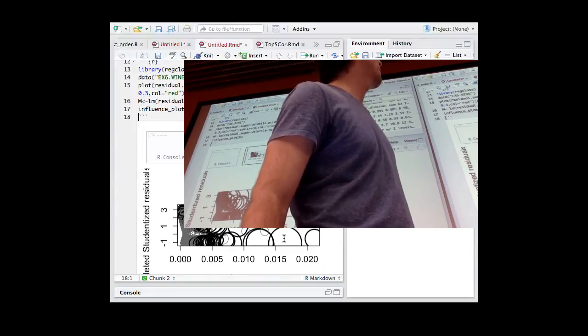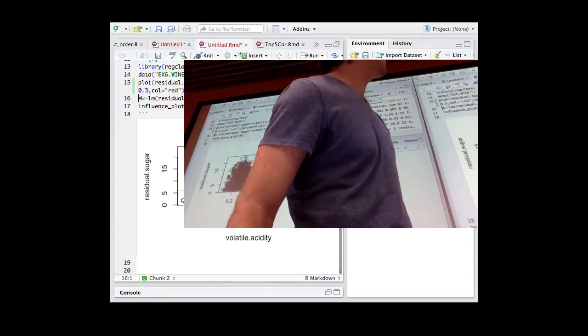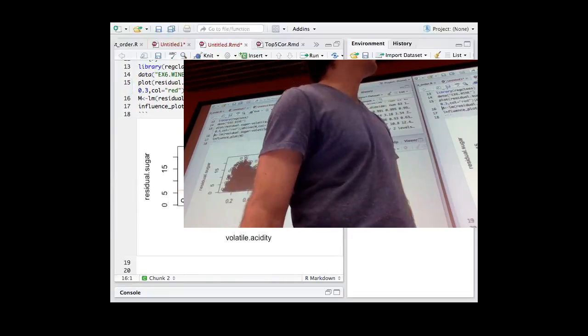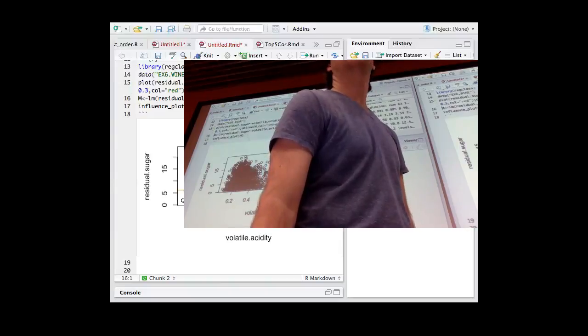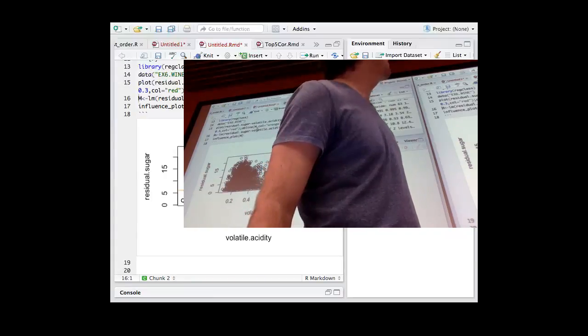This point right here is that point we were just viewing a half second ago that is far down below the line. It's this right here, because it has the second highest leverage, agreed. It's the second farthest away from this red line, and it also has a decent residual. But funny enough,